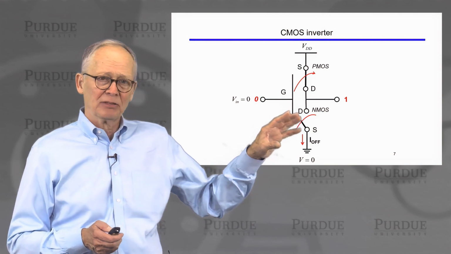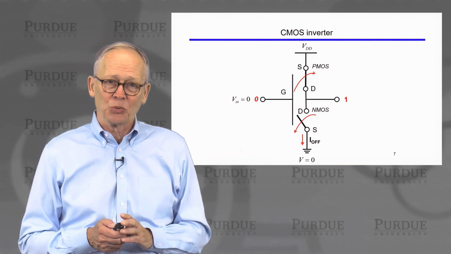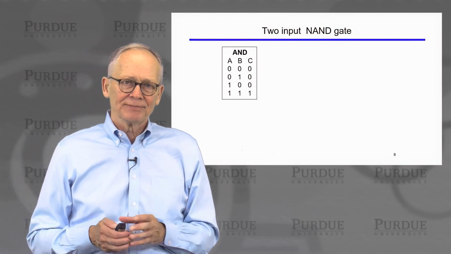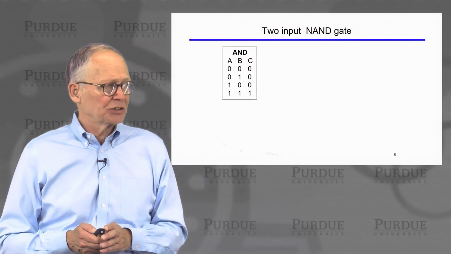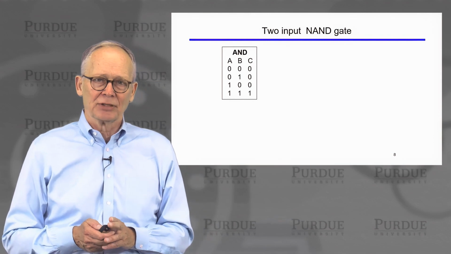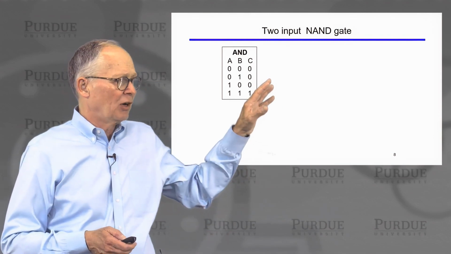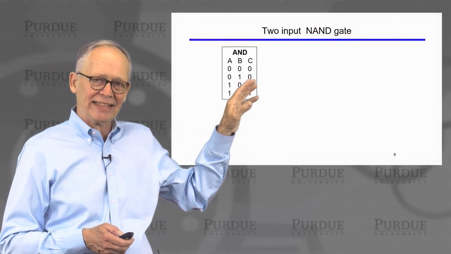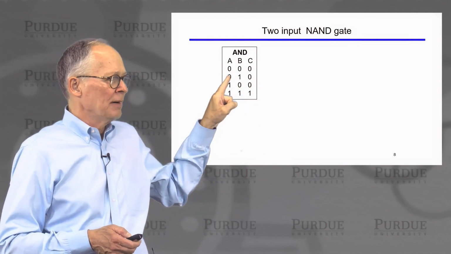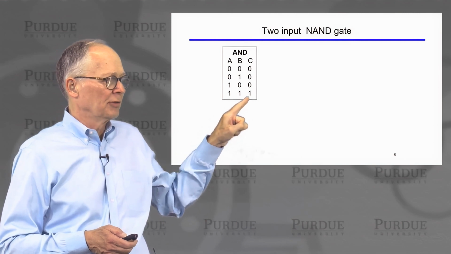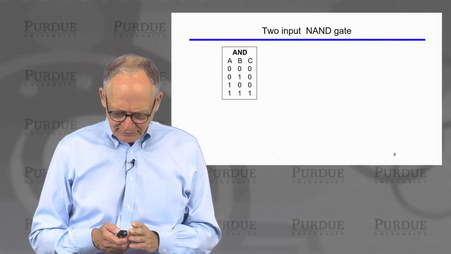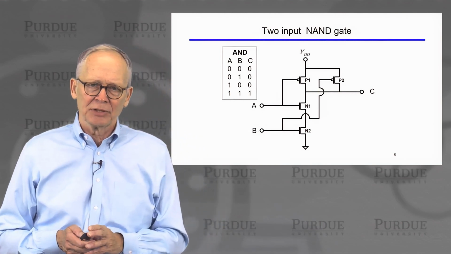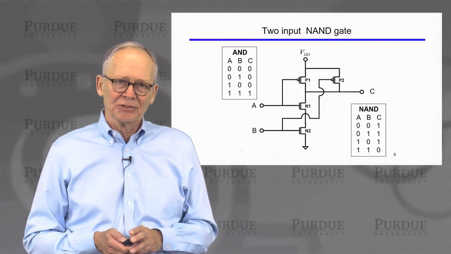In practice, there will be a little bit of leakage current that will flow because one of the two transistors is always open circuited. So we can build logic gates and CMOS circuits from this basic CMOS inverter concept. You may recall one of the things you learn when you take a first course in Boolean logic is the AND function. Both of the inputs need to be 1 in order for the output to be 1. Turns out it's easier, because we're thinking about building circuits with inverters, to implement a not AND, or a NAND